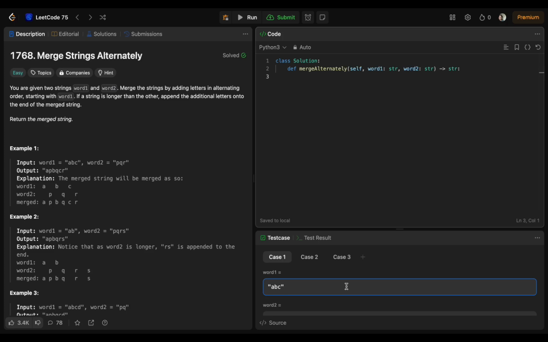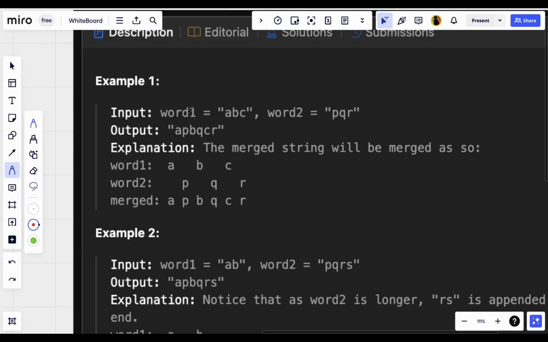Hello everyone, let's talk about LeetCode 1768 problem, Merge Strings Alternately. How does it work? We have word1 and word2